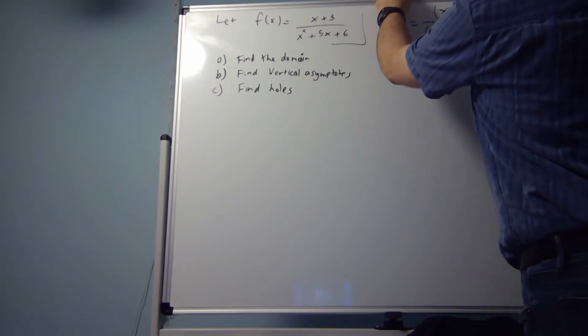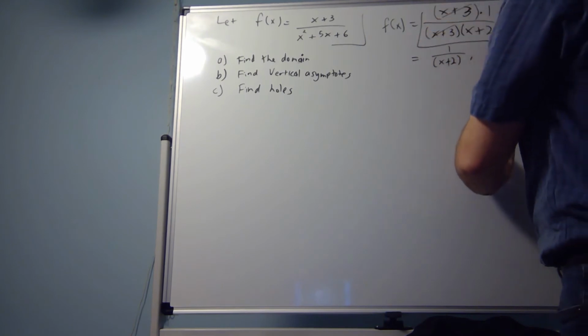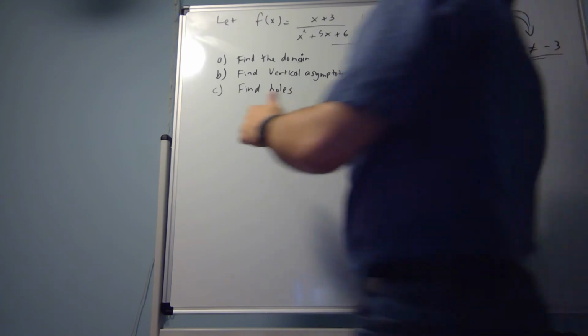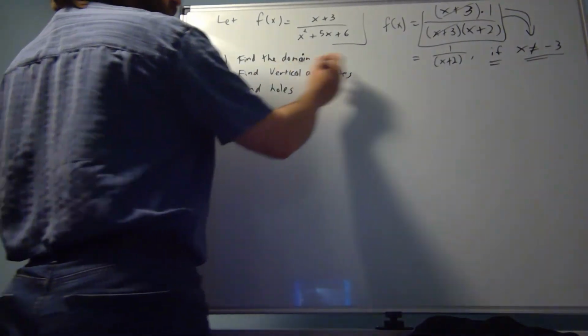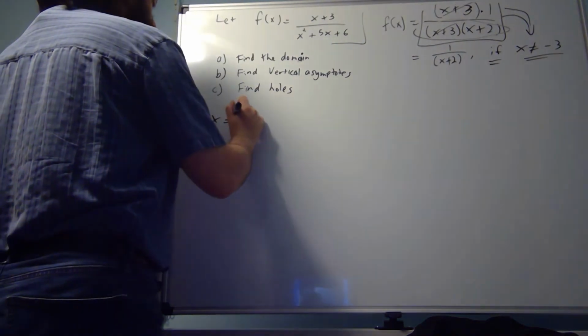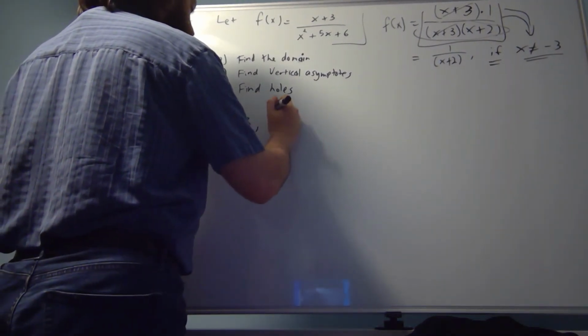But always look at the original before you cancel anything. Always look at the original before you start jumping to conclusions. So for the domain, we have all of this here. x does not equal -3, and